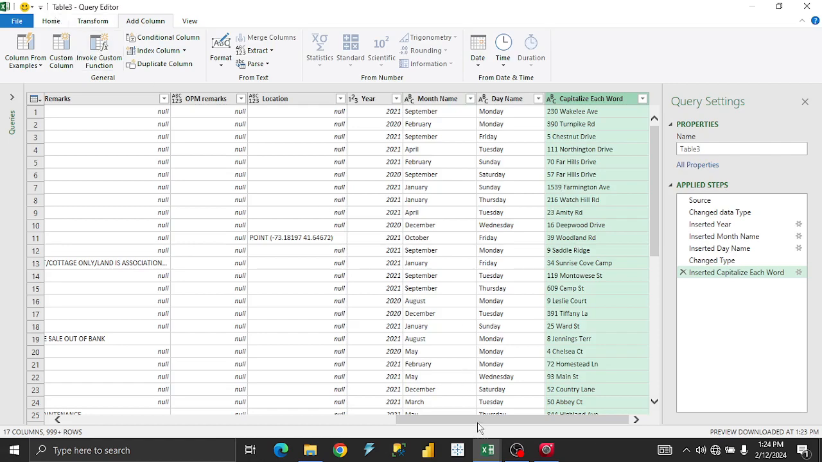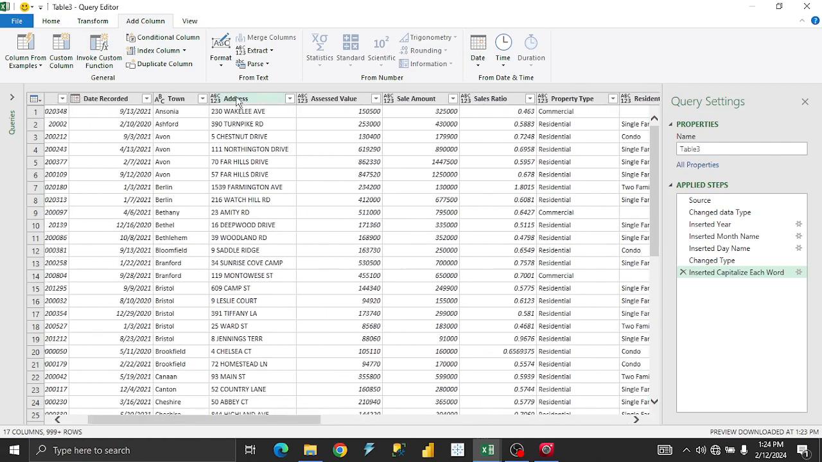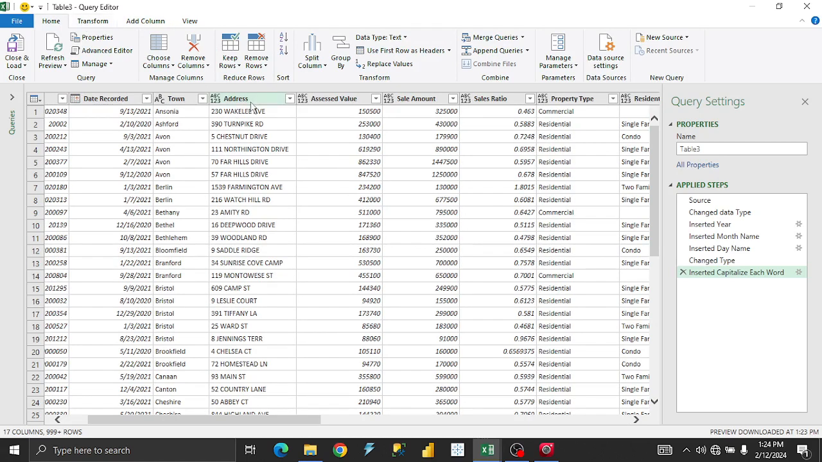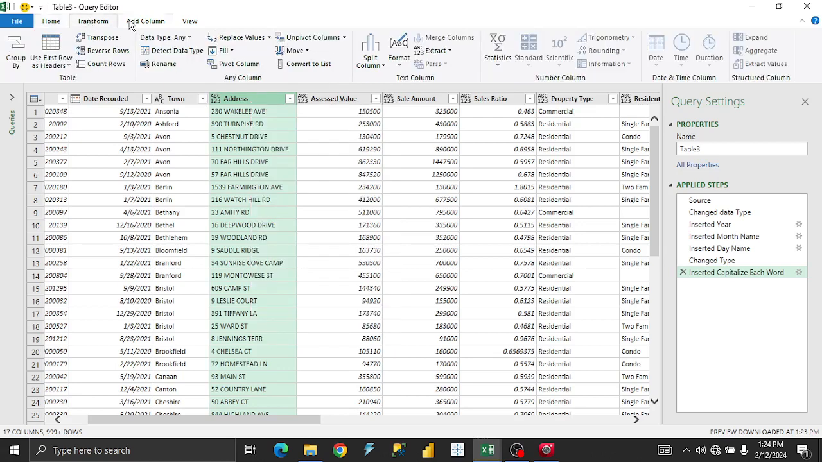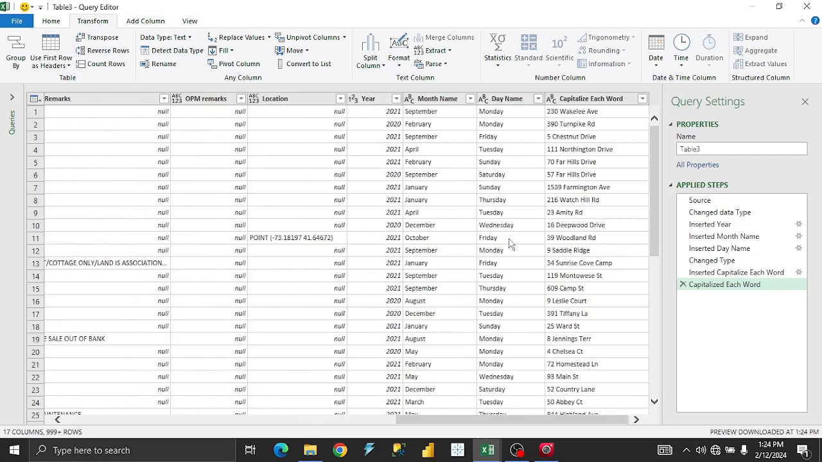But if we don't want to, there's something again we can do. Let me see if that will work. Format. Where is the format? Okay, it's still under the add column. Let me see if it is here. Capitalize each word. You see, so instead of clicking,